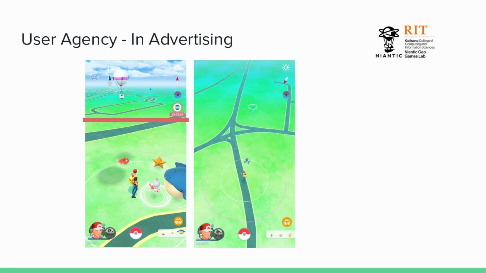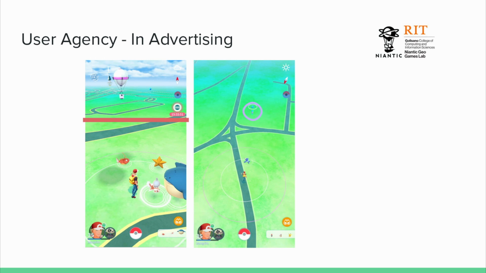Sponsored locations similarly preserve agency, right? By presenting the user with a location on the map and then highlighting that the location is in fact sponsored by having a little tiny purple dot that you can see, a user can choose to select that option. And once again, choice is key here. Choice is agency.